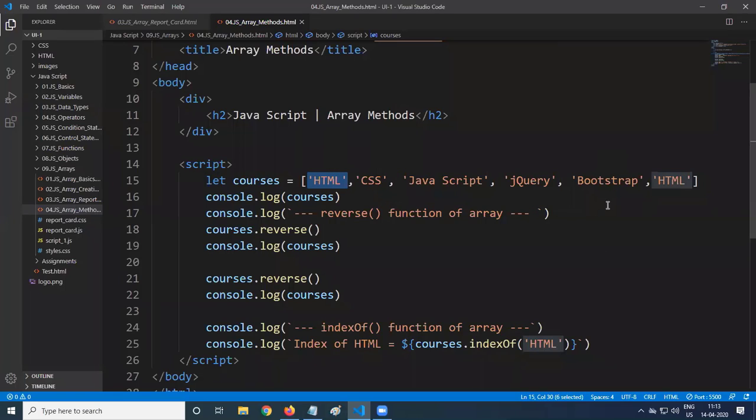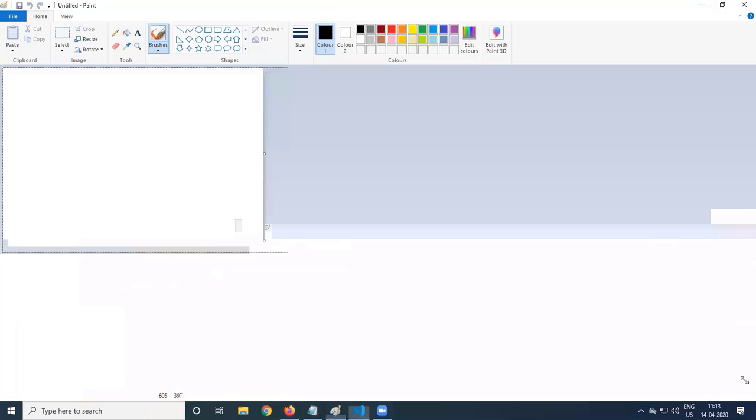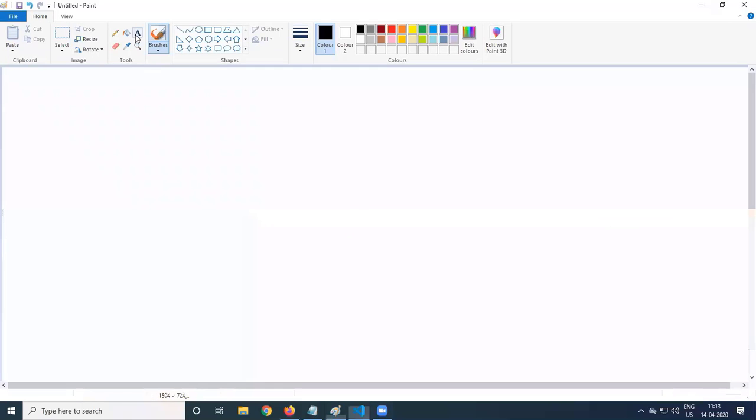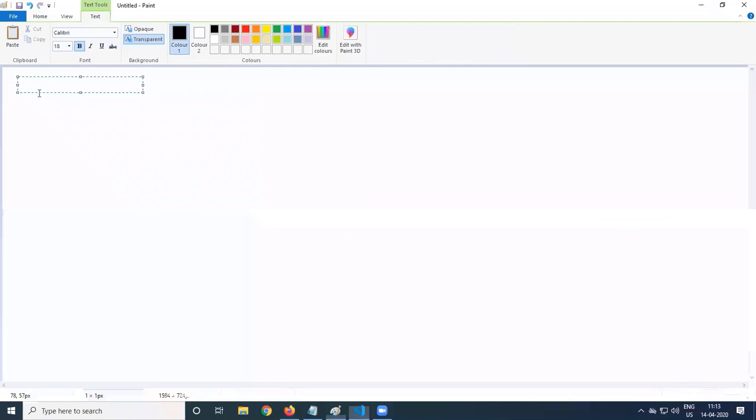What is the practical use of indexOf? It is used for validation. For example, take the email ID of a person. A valid email ID should have an @ symbol, like sunil@softwaveit.co. If @ is present in the data, only then can we say it is a valid email.